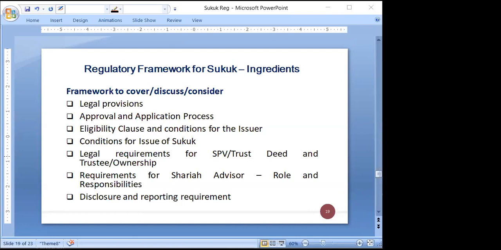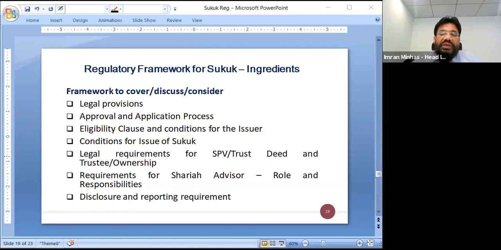The provision of the law should apply when the prospectus is to be issued by the corporation, or what are the requirements of issuance of the prospectus, and if this permission is not obtained from the regulator for issuance of the prospectus, what is the penalty for it? Like in Malaysia, it is 10 million Malaysian ringgit and imprisonment of 10 years, or it may extend to both.